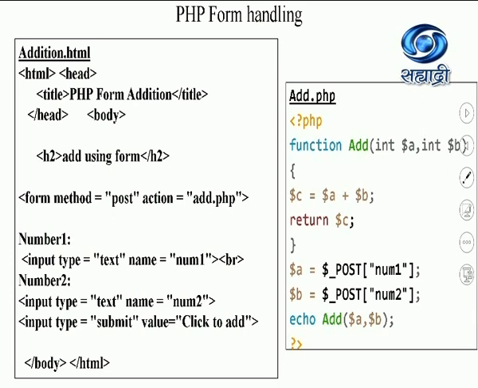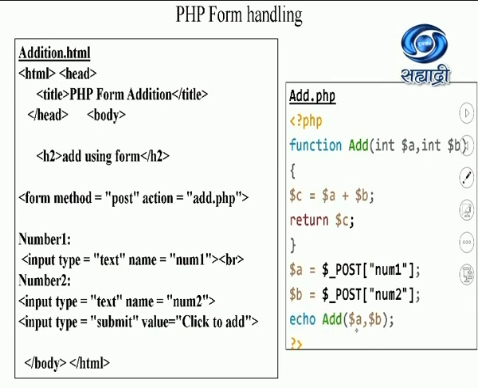So how will it pass the values? By using this underscore post. Students, as I have used the method post over here, I have specified underscore post over here. What this post and what this get is, we are going to learn in the next lecture. For now, just remember that post is the method to get the data from the form. Here num1 will be assigned to A and num2 value will be assigned to B. Observe the syntax over here, underscore post, and in square brackets I have specified the variable name.